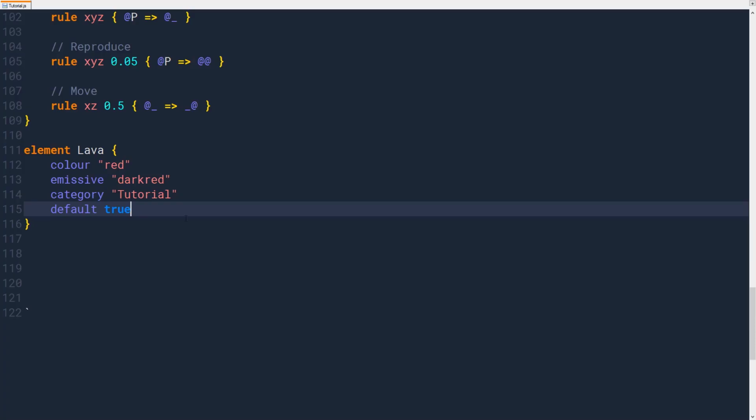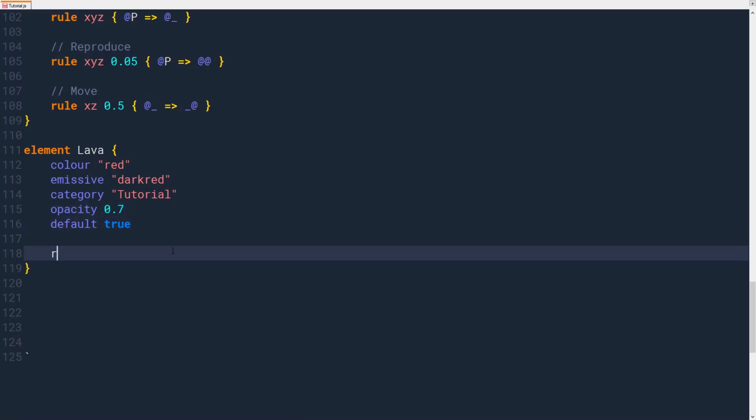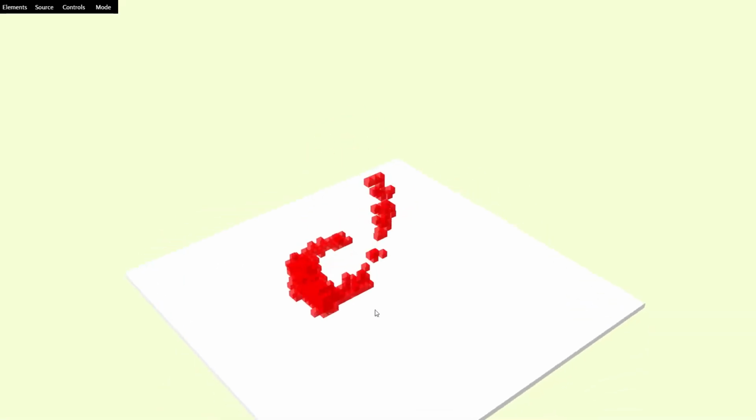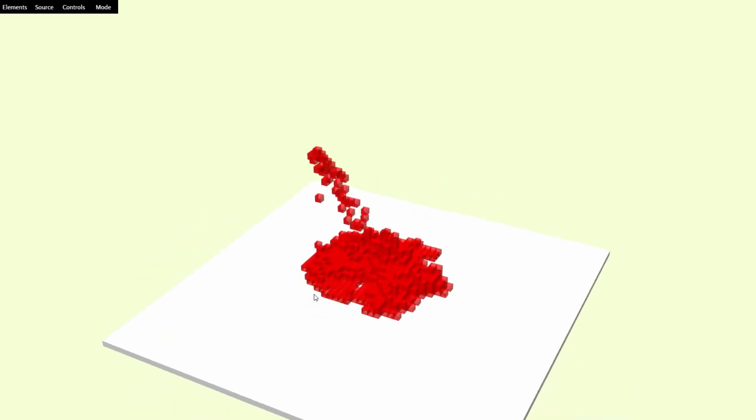Cool, I think it needs to be a little bit transparent. So, opacity 0.7, let's try. Okay, that's gonna be good. And the way it's gonna behave, it's gonna be kind of gloopy, just like the slime that we've already made. So let's just put the rule set for our slime demo. Oh, I better call this demo as well, so it doesn't overlap with anything else. Cool. So there's our lava, but